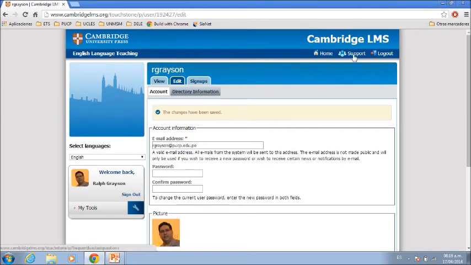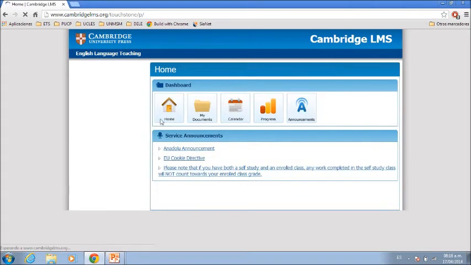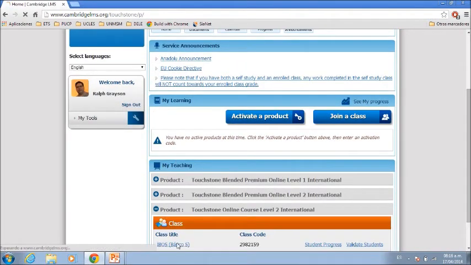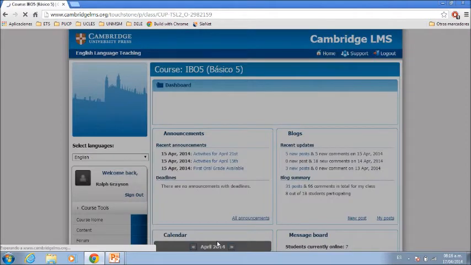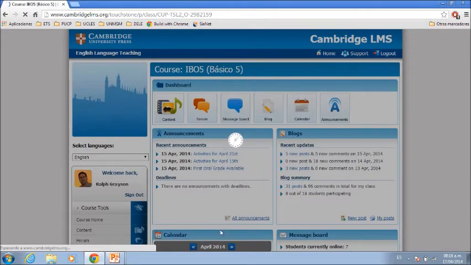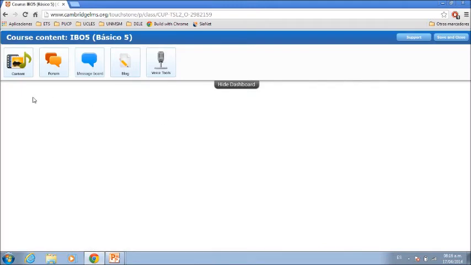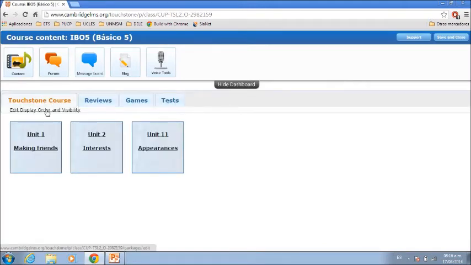I'm going to go home here and I will enter my class. Remember, the class is next to your class code. Once you are inside the class, we're going to click on Content and edit the content for students. You're going to edit Display,